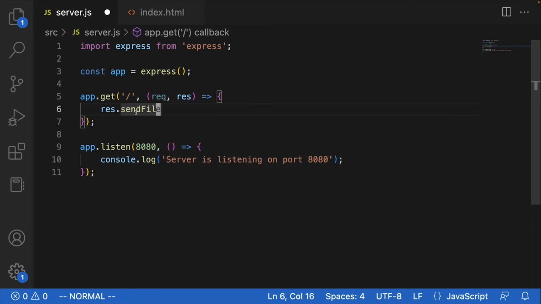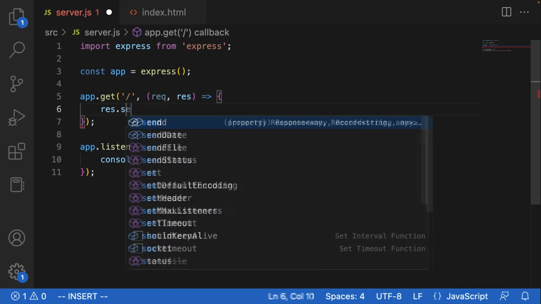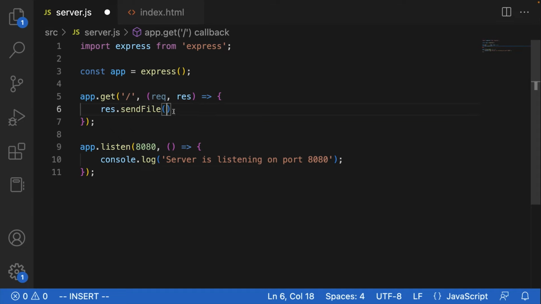response.sendFile. So this is the function that we're going to use to send back files specifically to the front end, right? Instead of doing something like response.json when we wanted to send back JSON data. So response.sendFile, and then we just need to provide the path to the file we want to send back, which is of course going to be,